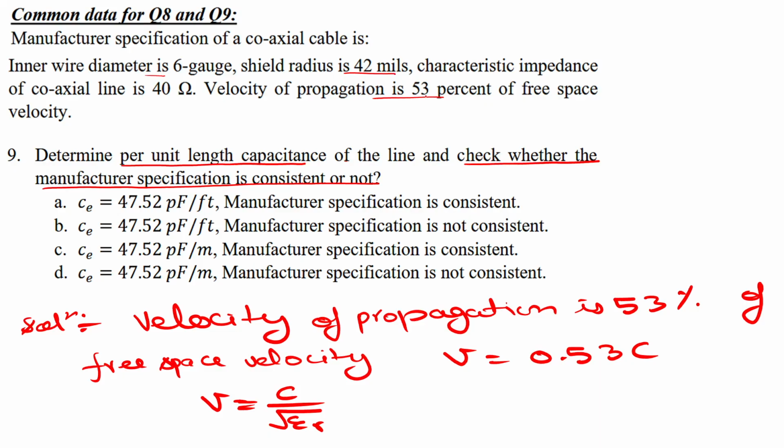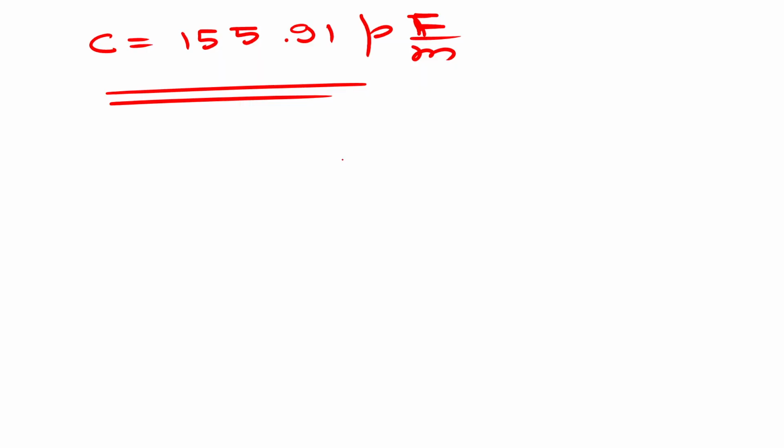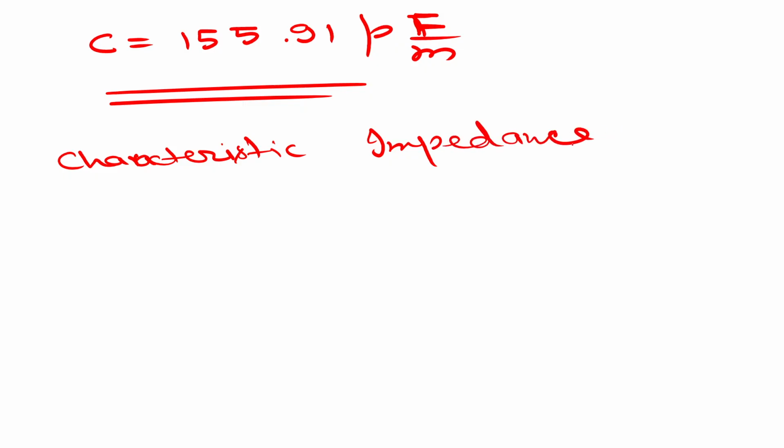I am pretty sure these things will stay the same, but we have to find out the main specification, the characteristic impedance Z0, which is given as 40 ohms. Is it correct or not? Is it consistent or not? So we have to find out the characteristic impedance. Characteristic impedance of this coaxial cable is given by Z0 equals under root L_e, the inductance per unit length,